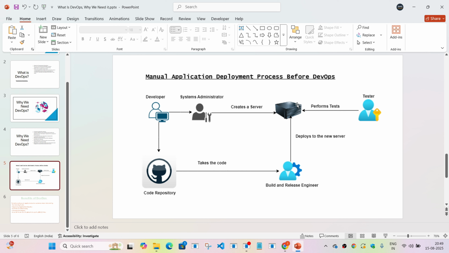So suppose this is the dev environment where the application is deployed first. After the tests have succeeded, only then this application is going to be promoted to the higher environment, which is going to be either QA, or it can be some other as well. But in general, I'm talking about dev, QA, and prod. So from dev, the application will be promoted to QA environment, and then after successful tests in QA, the application will be deployed to the production environment. Now this is okay, but what if the tests fail in the dev environment itself?